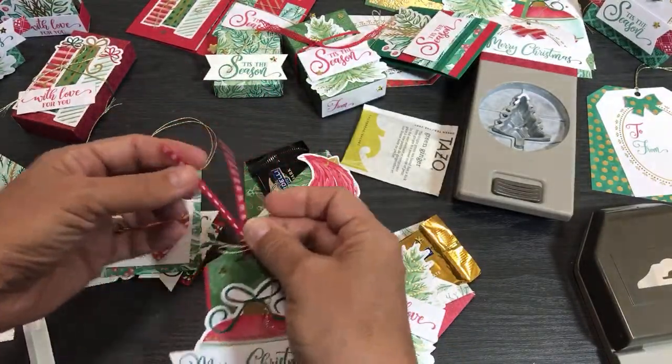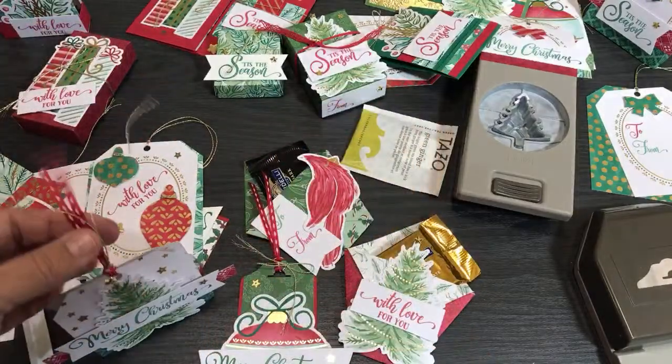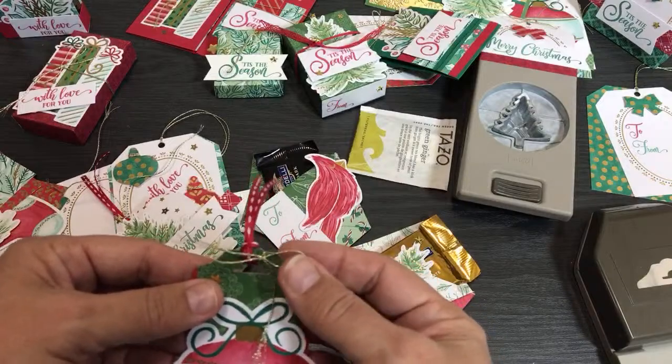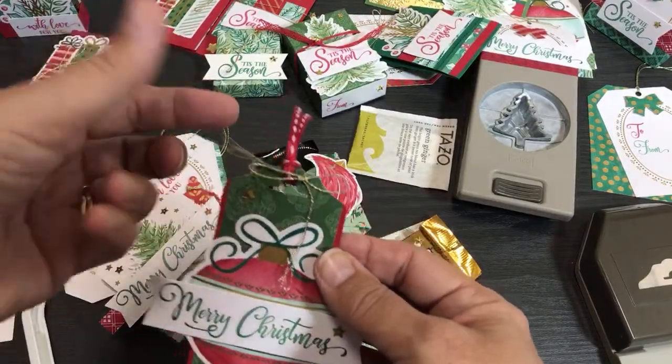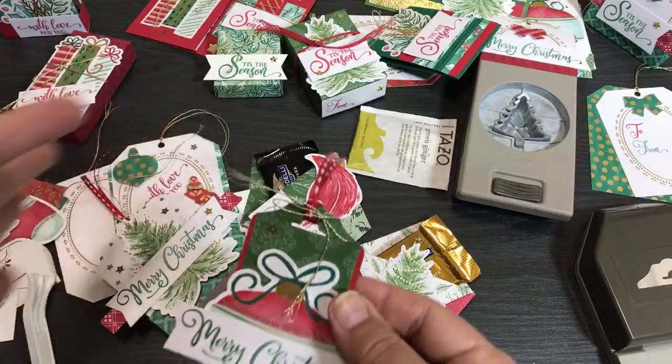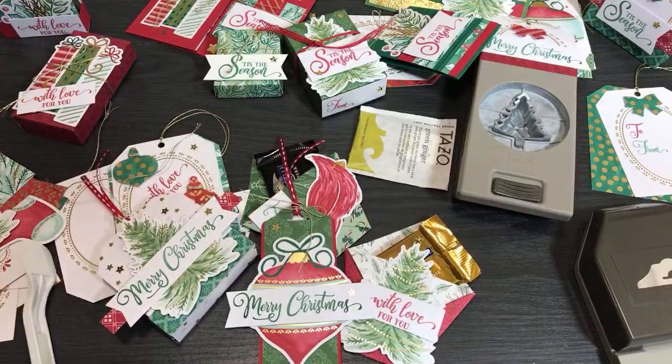So the two types of ribbon I used, well, I ran out. I used the ribbon that came with it, like this gold thread. It's very thick gold thread. And you can go like this, see? It's made of many layers, so you can go like that and fray it. I'm afraid not. I like saying that whenever I'm fraying ribbon. All right, so you can fray it, and you can also use